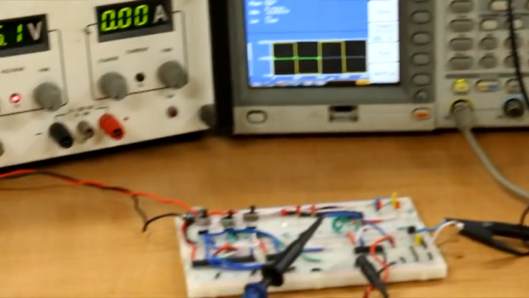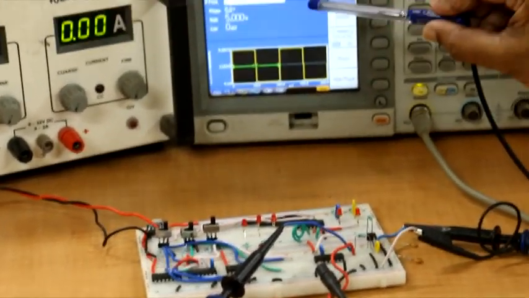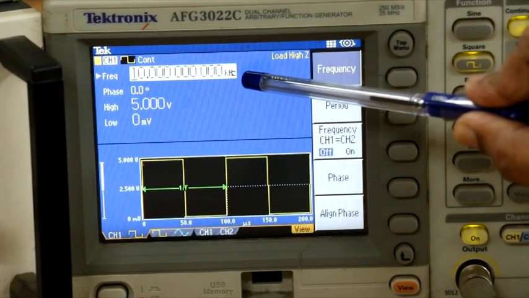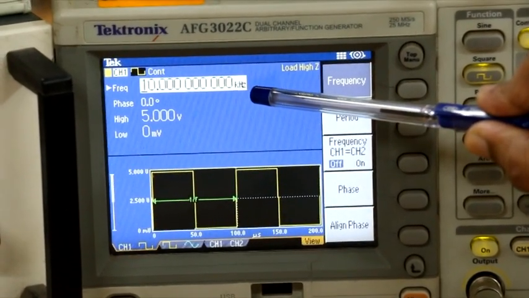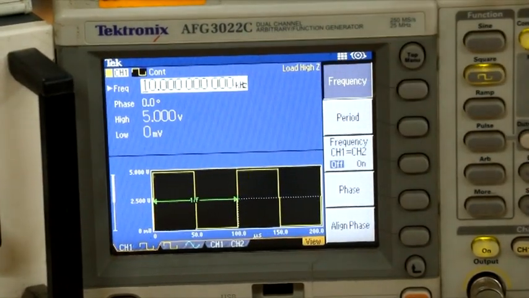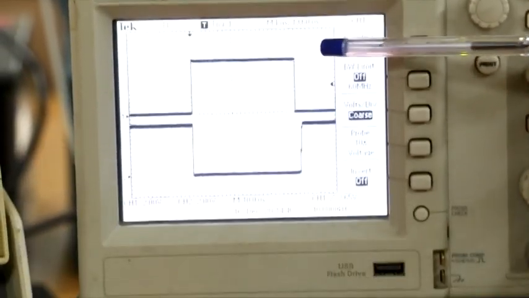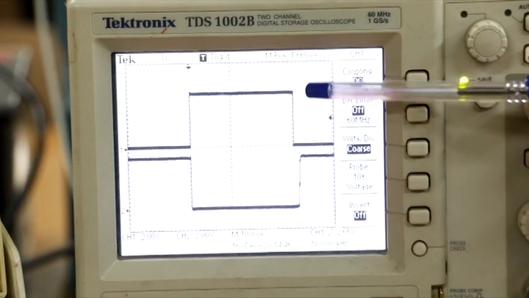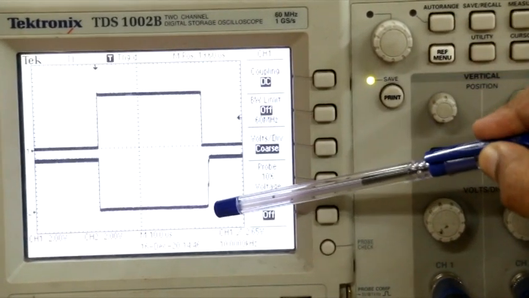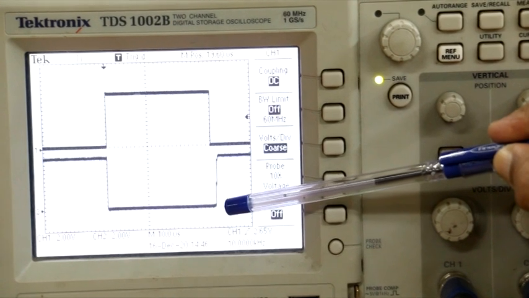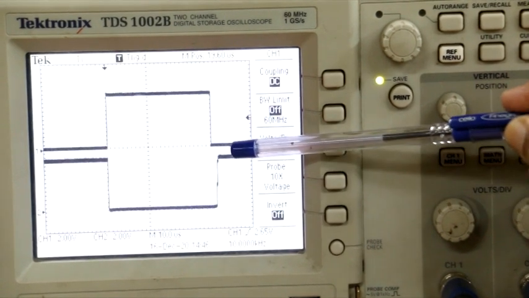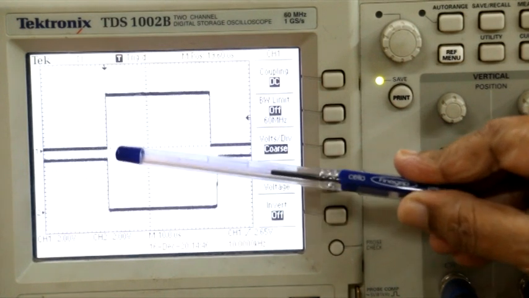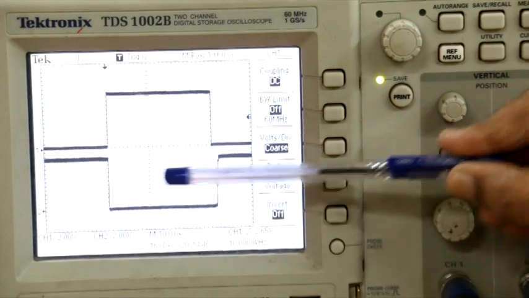Now what we have done here is, right now the input to the BJT inverter is a 10 kilohertz clock going from 0 to 5 volt. Now on this DSO you are able to see on the top the input waveform, which is going from 0 to 5, and at the bottom you are seeing the output of the BJT inverter. Now I hope you are able to see that when this particular BJT inverter is going from high to low, it almost looks instantaneous.